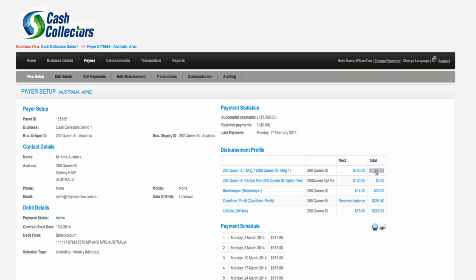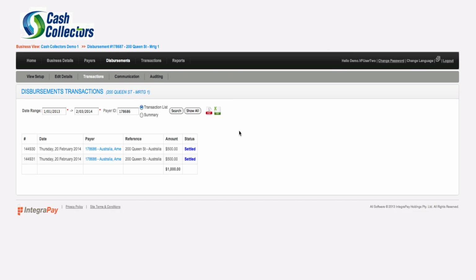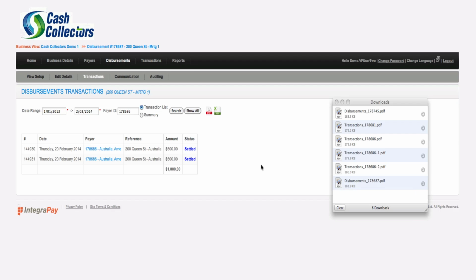If I go to the total, it will take me into the statement, and it's related to, you can see there, disbursements related to that particular property, and I'm in transactions. So it's again the same as payer transactions. Now it's disbursement transactions. So you can always go through disbursements if you wish, but that's the quickest way to get there. So you can see that any date range related to that payer for that person, 2 amounts have been settled. Again, I can create that statement and it will pop up for me